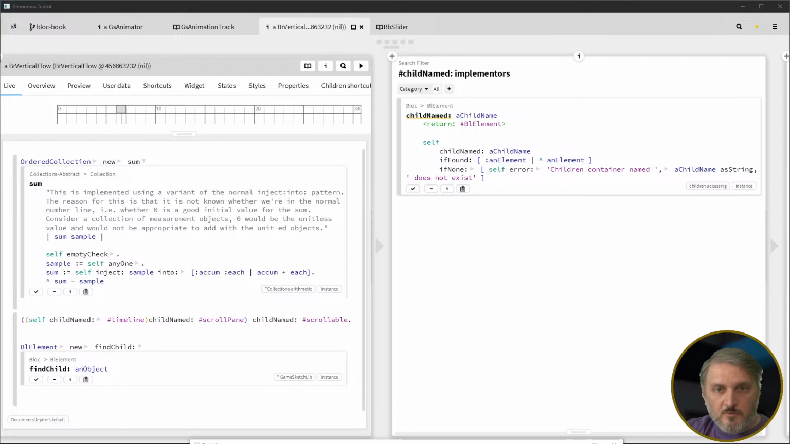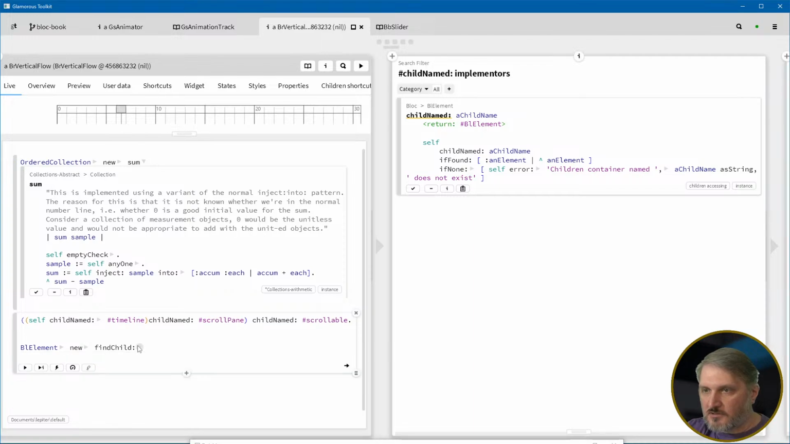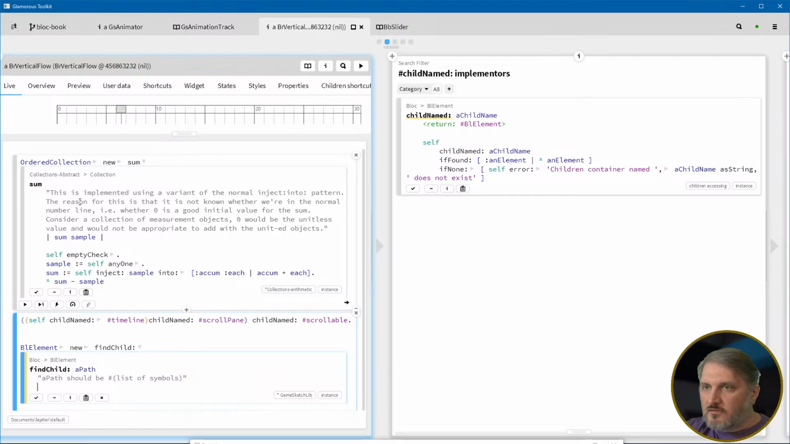Oh, name was sent to nil. I think you have to actually save it first. Save it. Did it work? So find child a path. Then we'll say a path should be a list of symbols. So then we would say collection is a self, so we would say a path inject